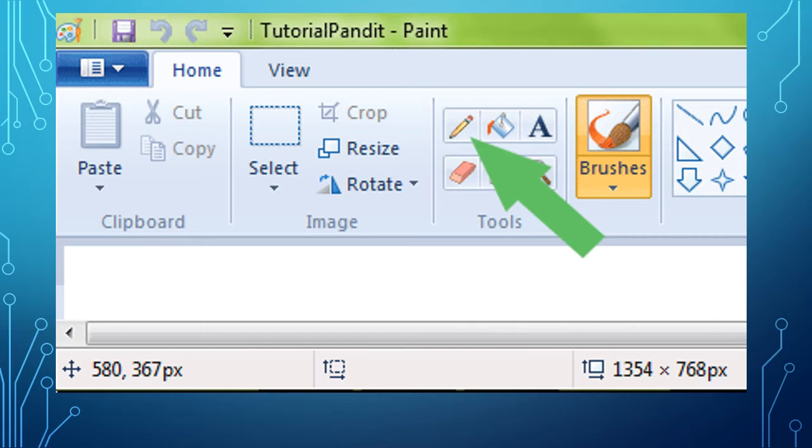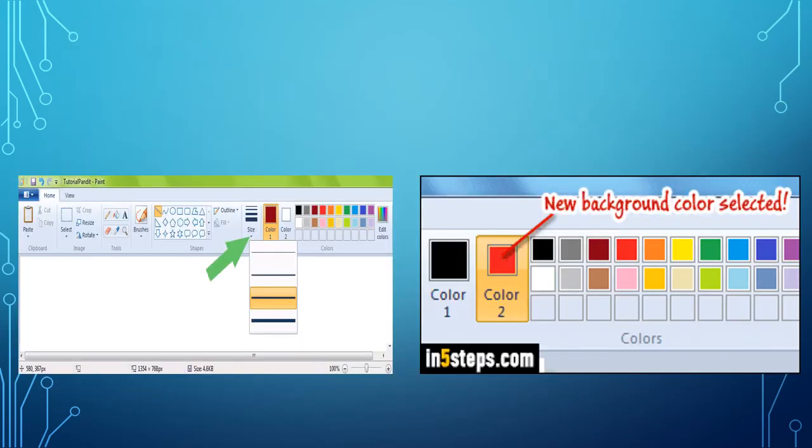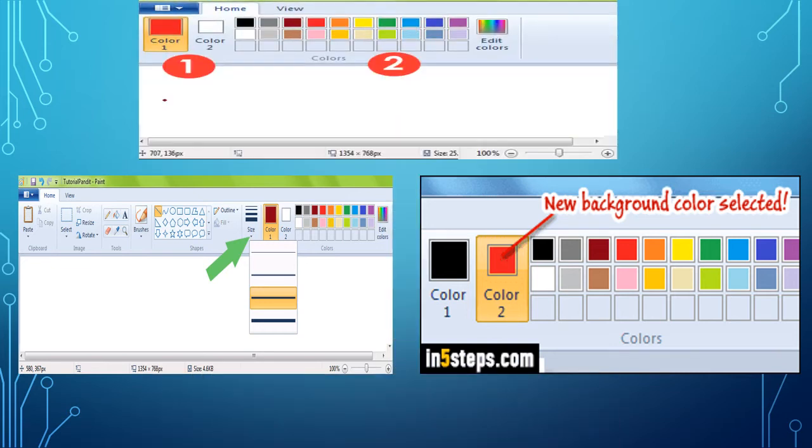Click the pencil tool from the Tools group. Here, after selecting the pencil tool, we need to choose a color. First there will be two color sections, one is Color 1 and the next is Color 2.